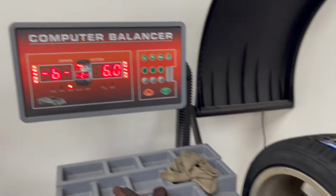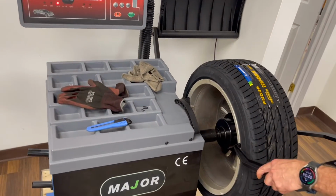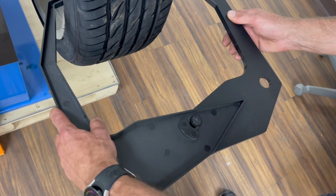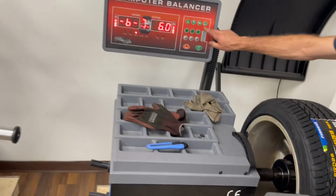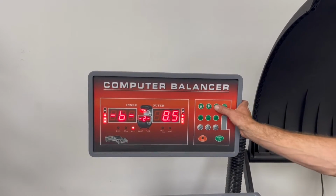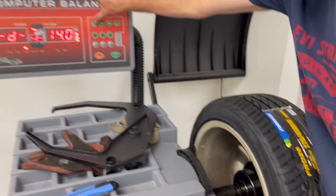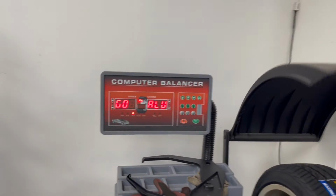The rim width, which you've got to measure with the caliper, looks like 8.5 on this one. So just use the up or down to change the value. And then finally is just your tire size. So here we got an 18. And then just close your...